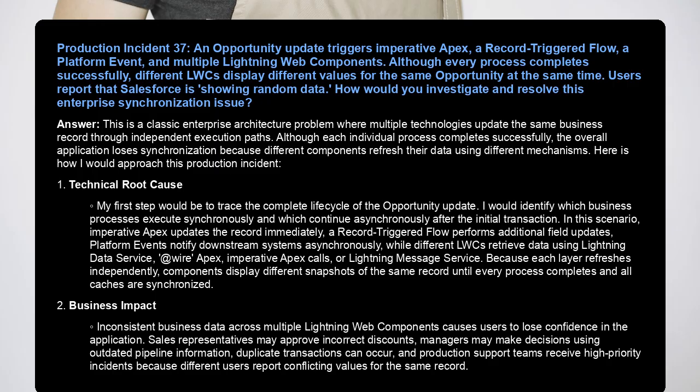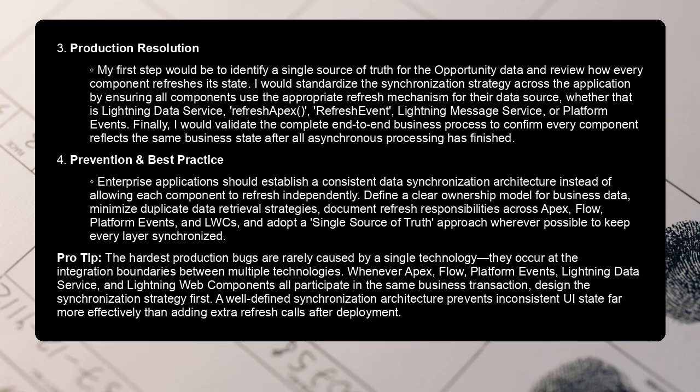Inconsistent business data across multiple Lightning Web components causes users to lose confidence in the application. Sales representatives may approve incorrect discounts. Managers may make decisions using outdated pipeline information. Duplicate transactions can occur, and production support teams receive high-priority incidents because different users report conflicting values for the same record. 3. Production resolution. My first step would be to identify a single source of truth for the opportunity data